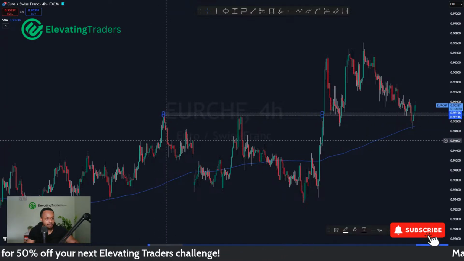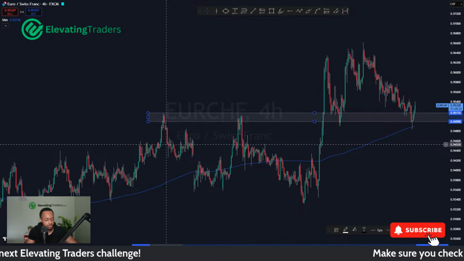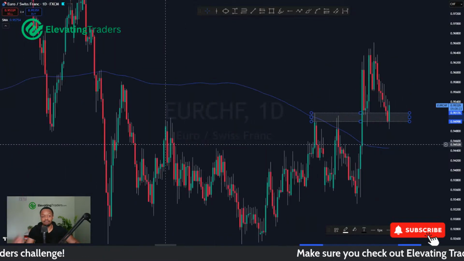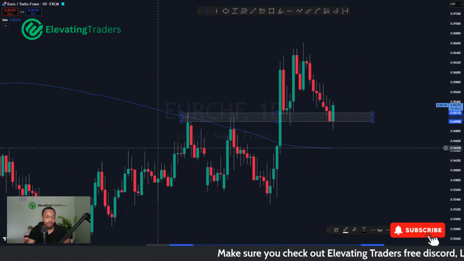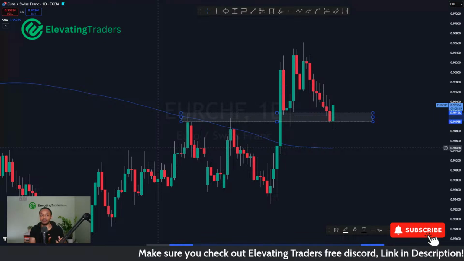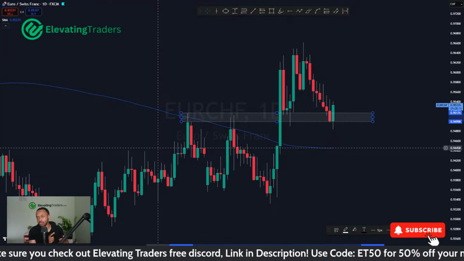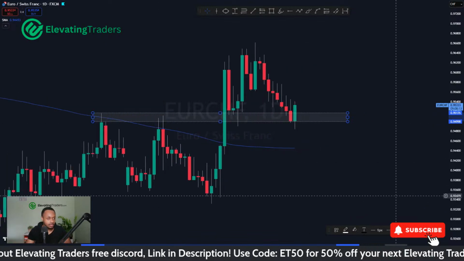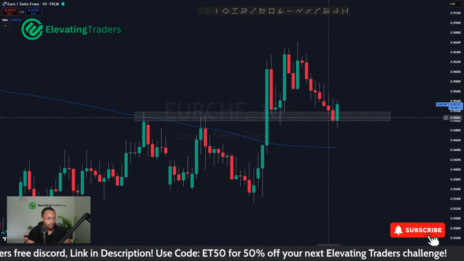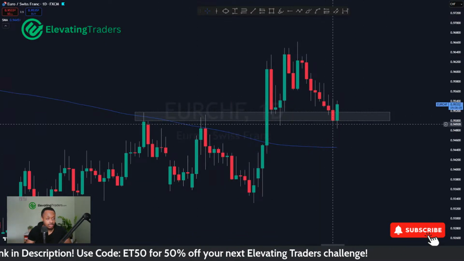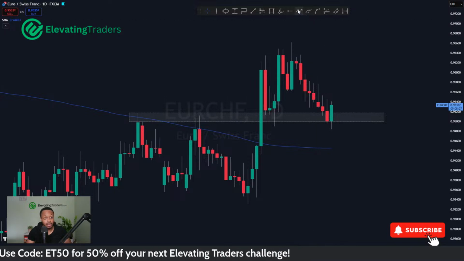So you can see on the 4-hour chart, if I refine that, price did break through the level there. But if I zoom out to the daily, it's still respecting, and that's an important thing to note. If the higher time frame is still respecting the level, don't try and follow the momentum in the lower time frames, because it's probably going to be a fake out. So in this situation, support still holding. We'll see how that daily candle closes, but a nice bullish engulfing candle is always a nice sign.